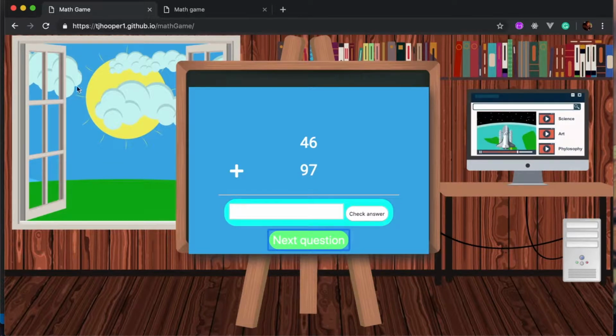So in the game, we have this background, which is just a link to an image that I found. We have this container here, and then we have different div boxes set up to contain the top numbers and the bottom numbers, and then the input fields, and then the submit question here. So I'm going to start off by